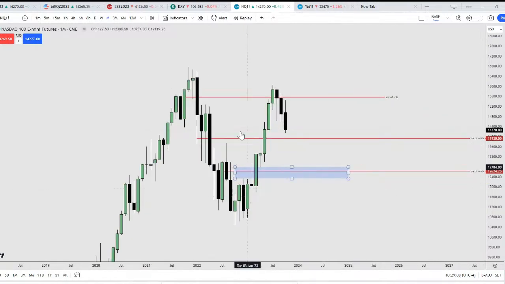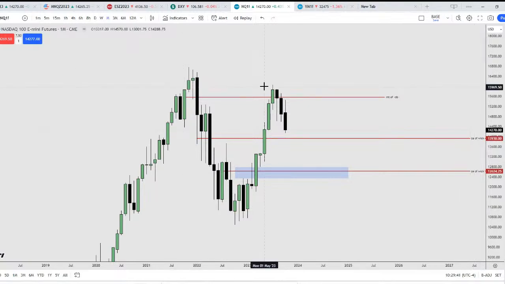Just keeping track of the higher time frames, this is where we are at for NQ. I'm just going to briefly cover this before I close the stream. So on Nasdaq, I have these levels here. Basically, if price closes below this level here, I am going to be really bearish for Nasdaq. Right now, I'm still bullish, and I believe it can come back into this level here before higher prices.